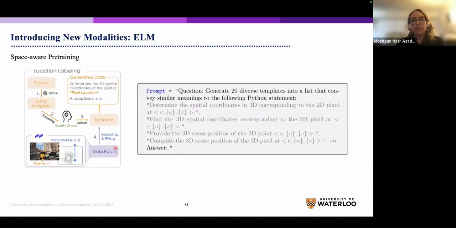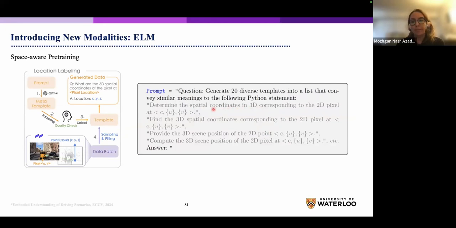So if you want to take a closer look at the process, we see that they use nuScenes or Waymo and some extracted videos from the internet to get and give these pixel values in 2D and also get the point cloud 3D locations for them, and both add this information at the time of the question and the answer. And this is how they built the space-aware datasets. Because later on, when we train the model based on these datasets, we think that the model is learning a kind of spatial understanding. And the way they create this is not by hand manually, but they ask GPT to provide different sorts of